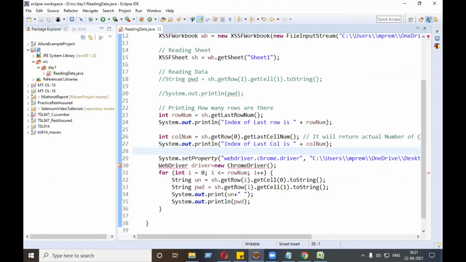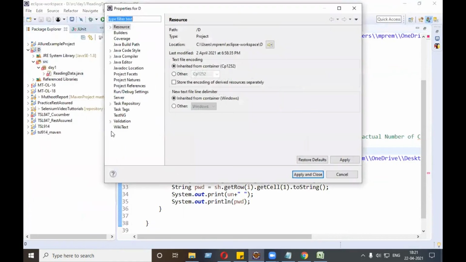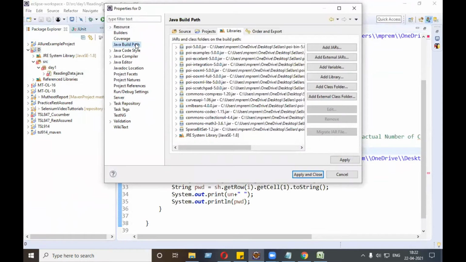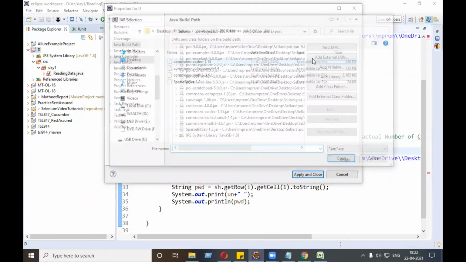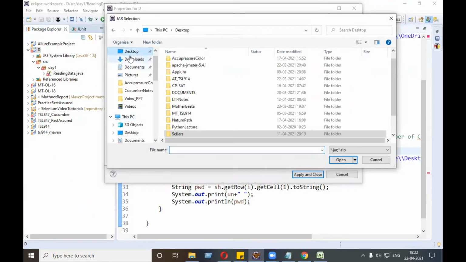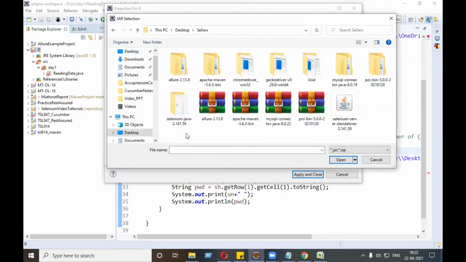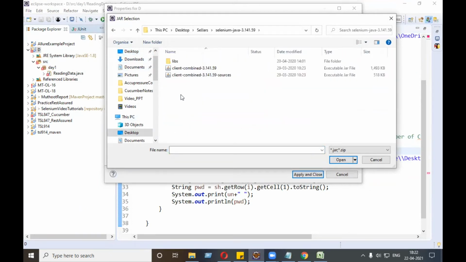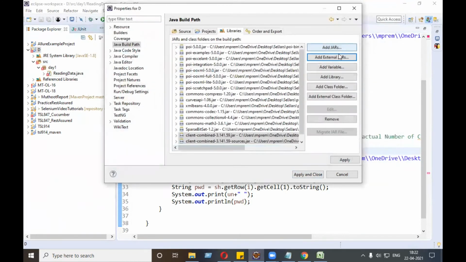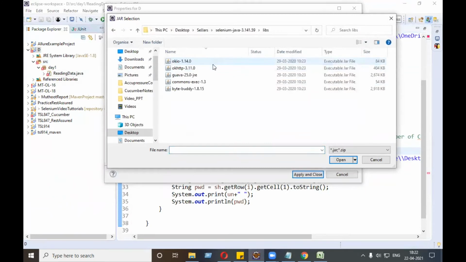I will right click and go to Properties, and here in the Java Build Path I need to click on Add External JARs. On the desktop we have the Cell jars folder, and Selenium Java 3.141. These two are libraries. I will select them, and inside libs the libraries are available.